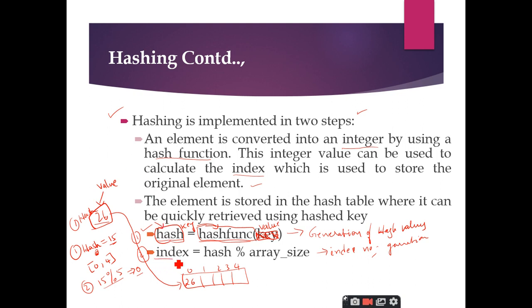But this second point may not be mandatory. This is important. Only one step is very, very important for hashing, and that is generation of hash values. This is step 1 and this is step 2. Step 2 may not be needed in all the cases, but step 1 is very, very important and mandatory. Why? Because the entire hashing concept depends on generating the hash values. Our purpose is to generate a key, that is nothing but the hash value. So you take the value, you apply the hash function and then you generate the hash keys.